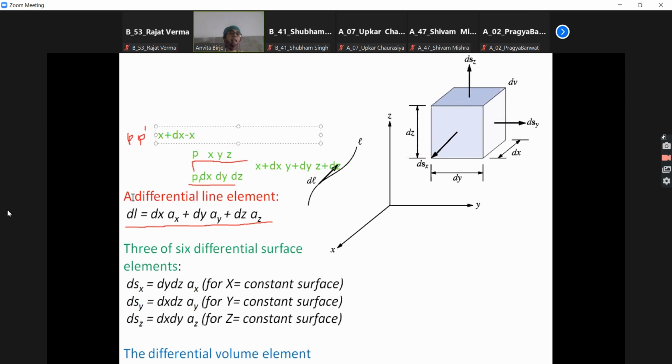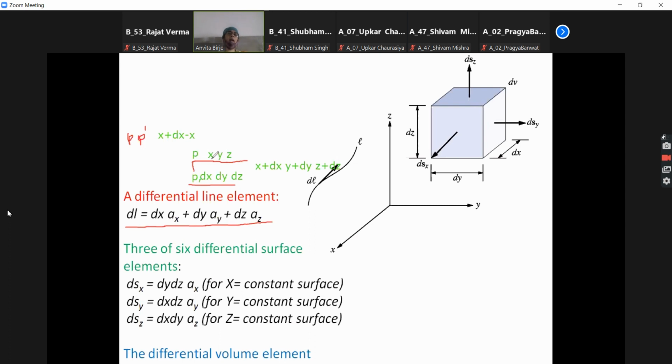So differential line is basically a small line when you increase the coordinates by a small amount. Therefore the differential line in the coordinate system is written as P P dash, that is dx a bar x plus dy a bar y plus dz a bar z. So as you can see in this diagram,